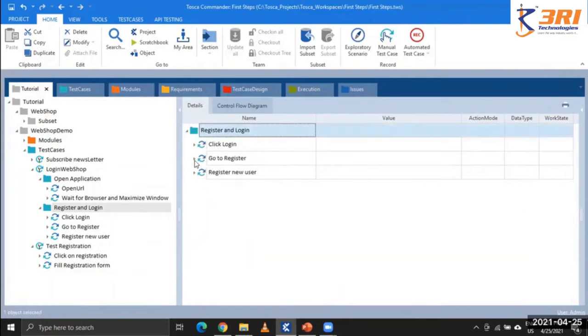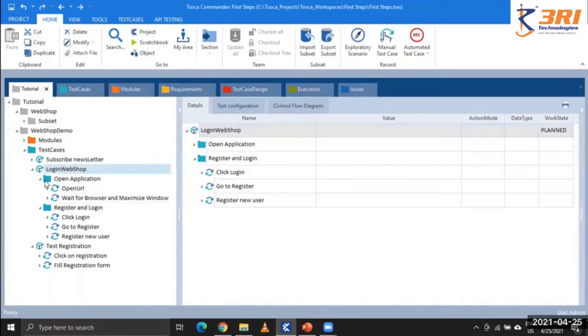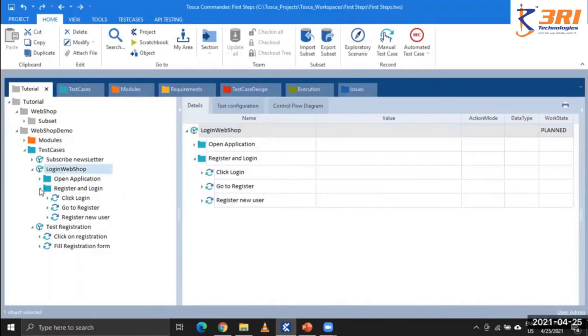So I want to show you a feature. One of the features of Tosca is creating libraries of a common set of test cases. Let's say this test case is going to be used by every user, and multiple users in our team can use it. If someone is working on different flows, but this registration page is something everybody needs to follow, we can create a library for that, so that it gives you the leverage to reduce the